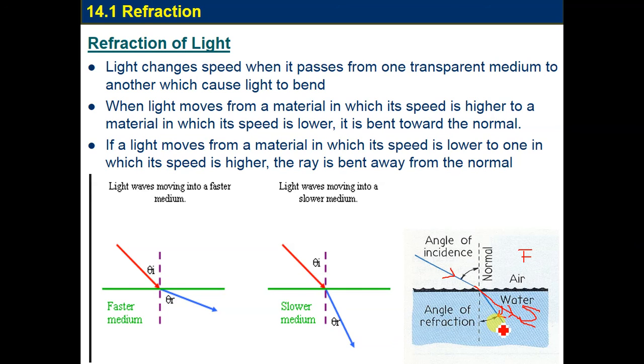Because it enters a more dense medium, it slows down, so it bends toward the normal. Now, what is this angle called, the angle which is measured from the normal to the refracted ray? So this ray, what do we call